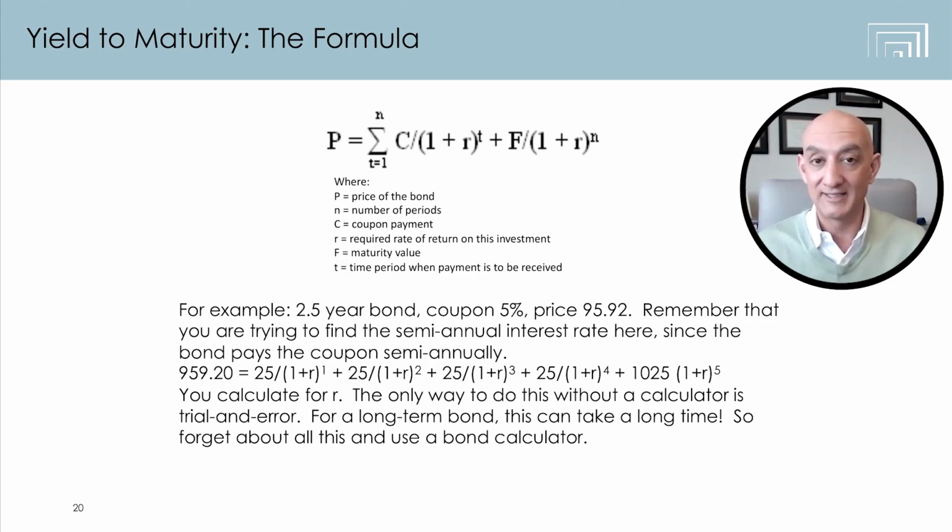There is a way to calculate this. It comes with a lot of trial and error. Basically, just get a bond calculator, or you can even get these calculations off the web to calculate bond yield to maturities. But if you're ever buying a bond, those yields are already calculated for you from wherever you're getting them from.